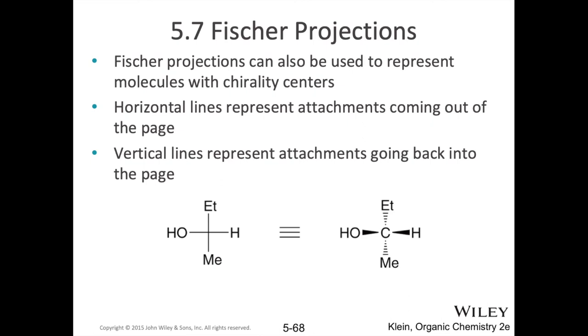Now to do this, we take our tetrahedral carbon and we orient the groups coming off of it so that two of them are pointing towards us, two of them are pointing away from us. And we set the carbon-containing groups pointing away from us on the north and south of this intersection. Now the non-carbon groups are placed at the east and west, and based on the non-hydrogen groups' priority,